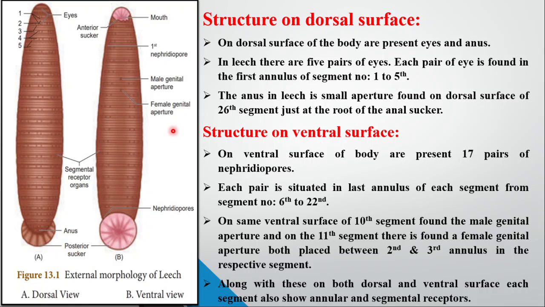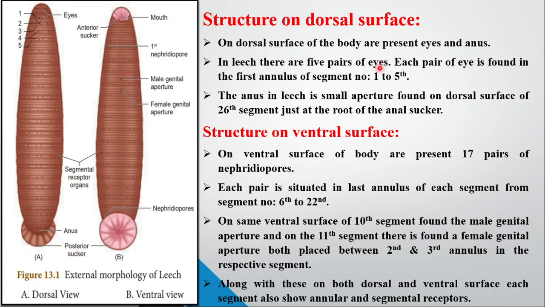This type of fixed place according to the segment is called metamerically segmented, which we studied in the first lecture, and I explained very clearly what metamerically segmented is. So here you see the first 5 pairs, 1 to 5 pairs of eyes are present,